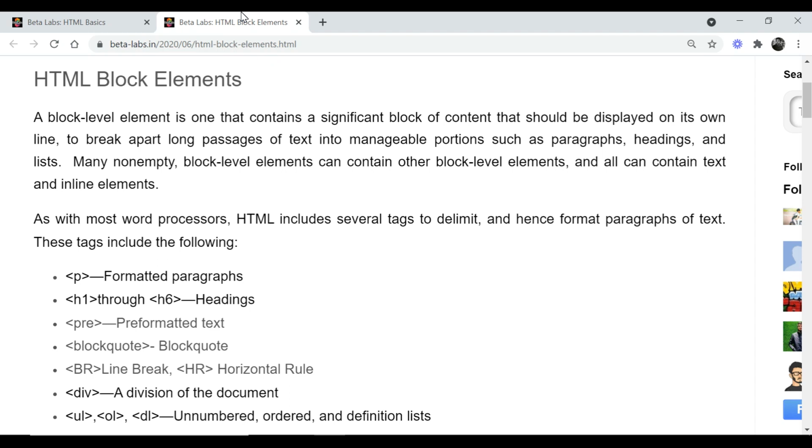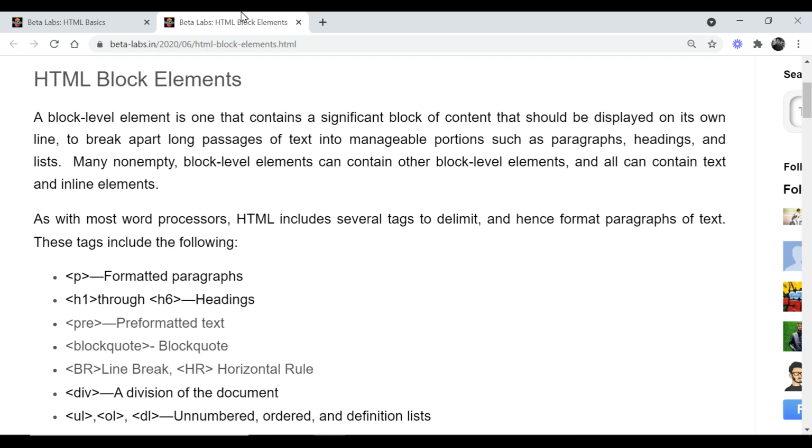Inline elements are those elements which cover only some text. The tags included in the inline elements are bold, italic, underline, and some phrase elements.